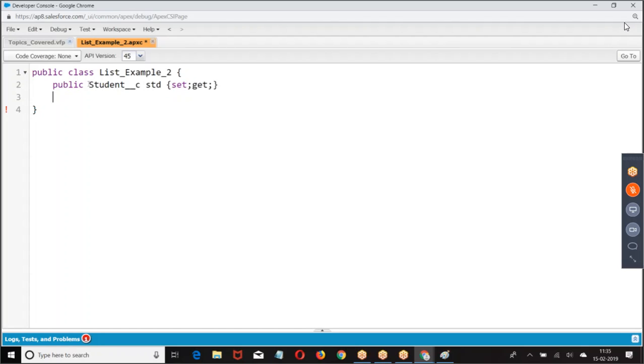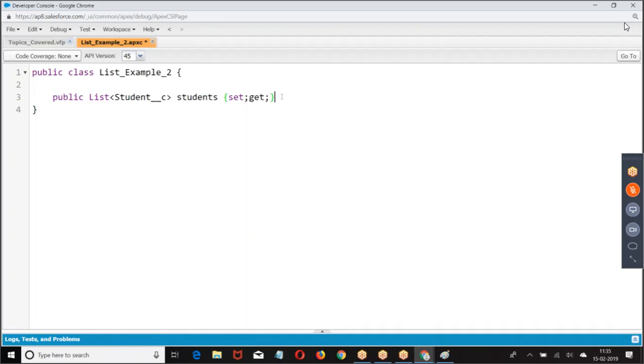For the table, there is a predefined Apex class. Now I have a list of students. Right. Now what is the value of that std? Is it null or empty? It is null. The list is what? It is null. So first we are supposed to assign the public list example.